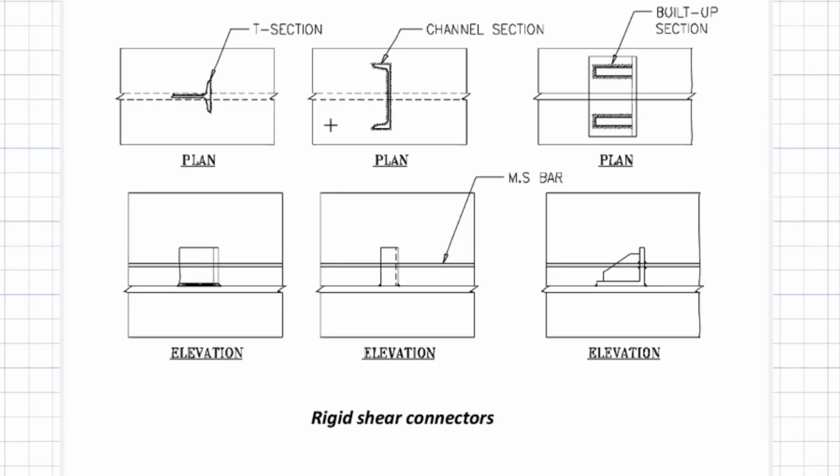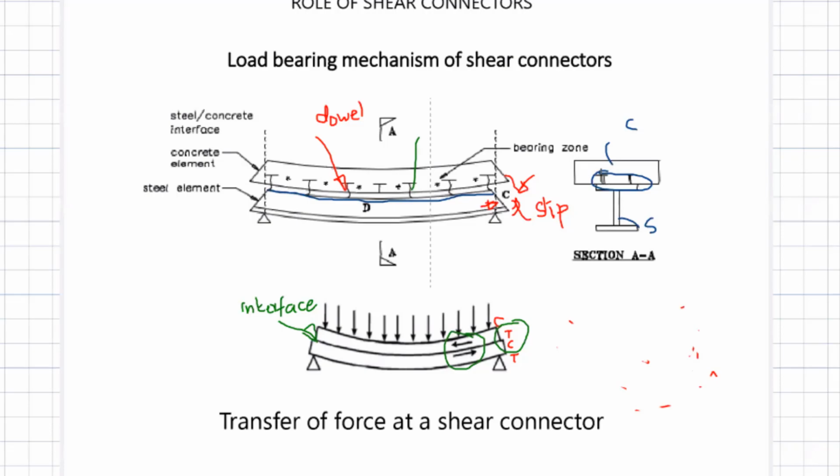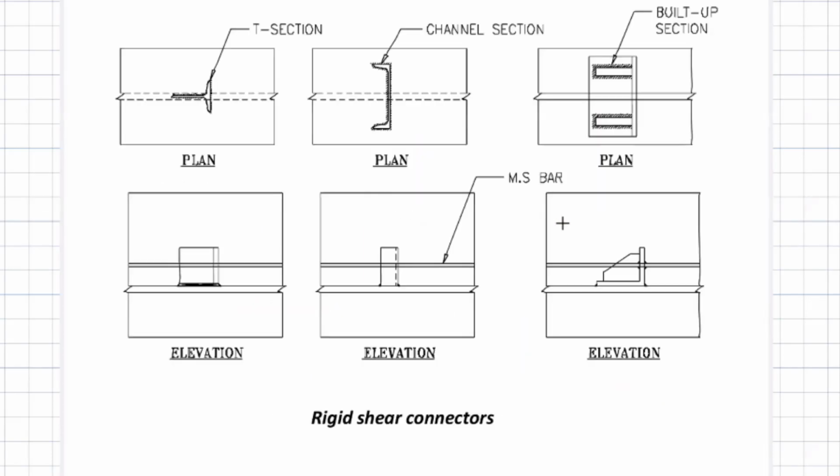In the earlier slide, I showed you a stud shear connector. This is called a shear stud, correct? This is one way the connection is made between the steel and concrete. Now, I can have a T section as the shear connector between the slip and the concrete surfaces, right? But I feel it's not a good idea. I will come to the reason why. That is fine, but I would not prefer it, and many